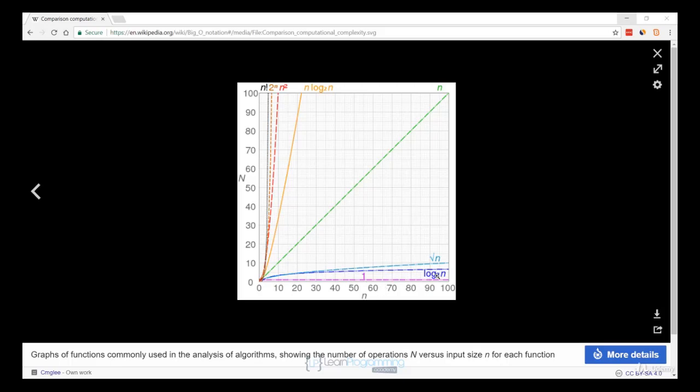The next best thing is logarithmic, and notice that it's log to the base 2. And we're going to see some algorithms that have this time complexity. This is in a dark blue, and as we can see, it kind of starts off climbing, so as the number of items increases, the number of steps goes up, but then it levels off. And it's pretty much almost constant time. If you can achieve log to the base 2 n time complexity, that's great. We're not going to see any with, I think that's the square root of n, but we are going to